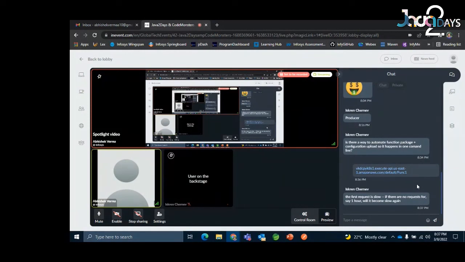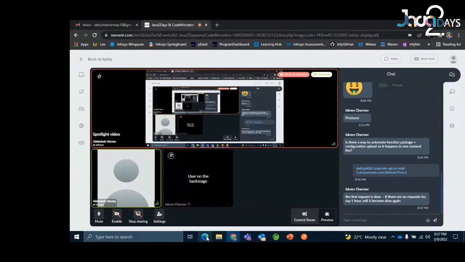For that purpose, what we can do is make something like a dummy request. So after every 20 minutes, if from outside there is no request, this will keep on calling our application. That is something quick we can do just to ensure that our application remains alive. And that is not going to cost us much.